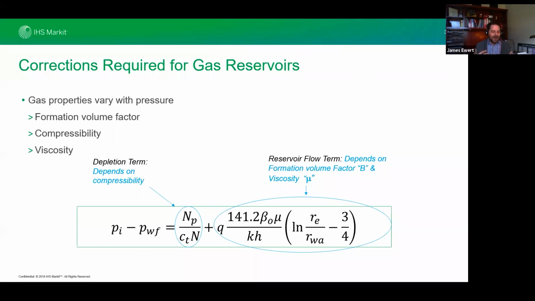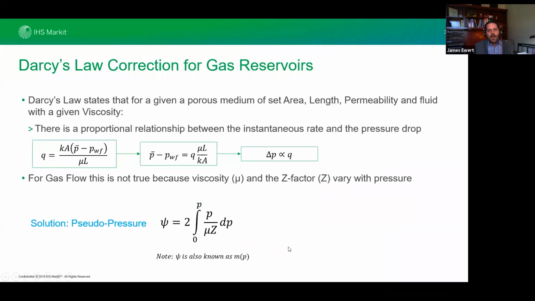So gas is very expressive because it's so energetic, because it's so compressible. So in order to harness the excitement gas has, the volatility of gas, we need to use the corrections. The big thing here is that gas properties vary very much with pressure. The formation volume factor is going to change. The compressibility is really going to change. And the viscosity is also going to change. So what we need to do is use something to try to harness the gas from each perspective. The first one that we're going to talk about is pseudo pressure.